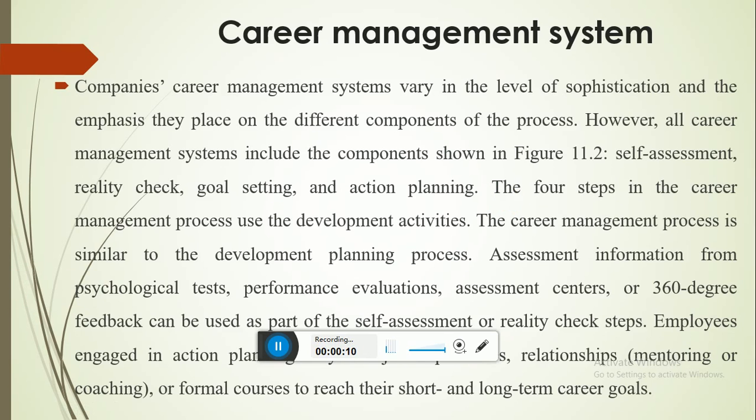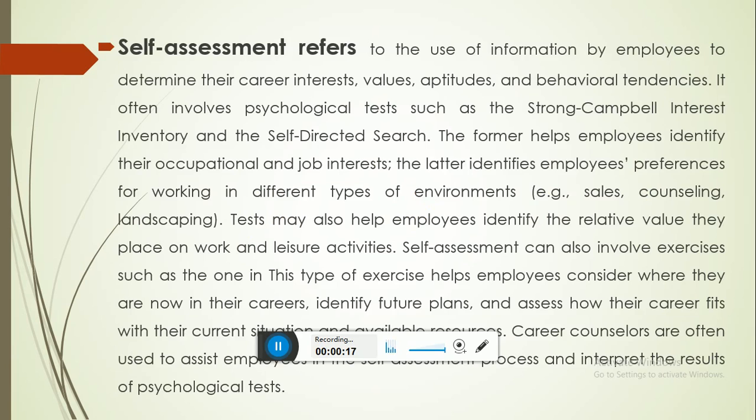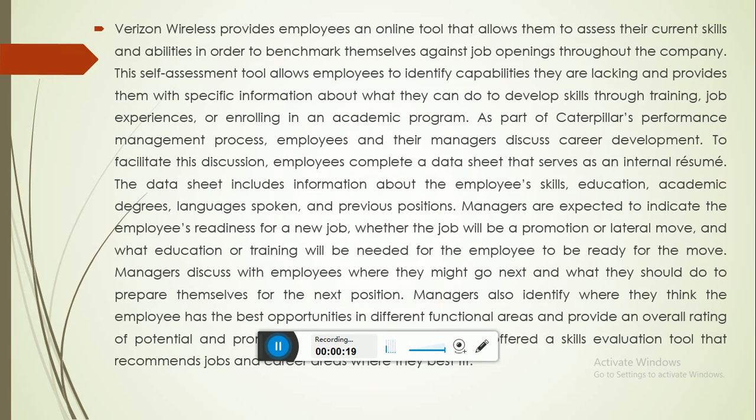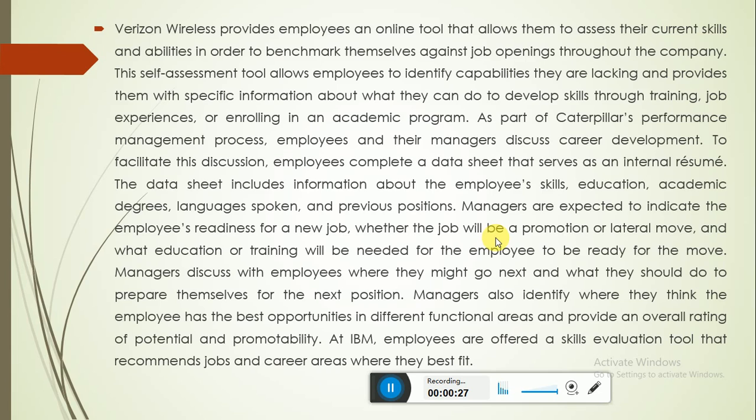In our last class, we have discussed the career management system. We have discussed some part of it: self-assessment, reality check, goal setting, and action planning. And some of them remained because of some problem. I couldn't complete the class, so I've left it at 22 minutes. So today I want to discuss this and other topics as well, which are very important for training and